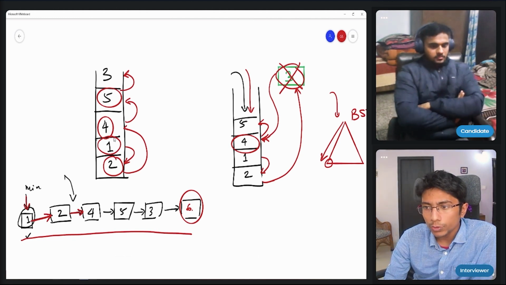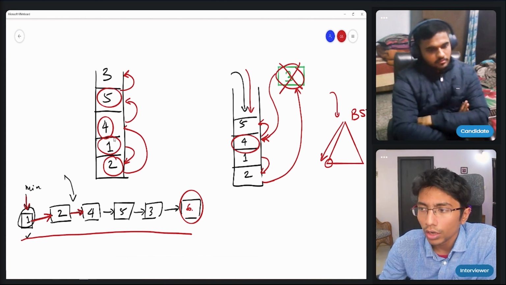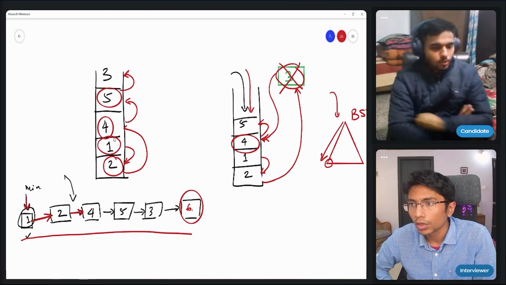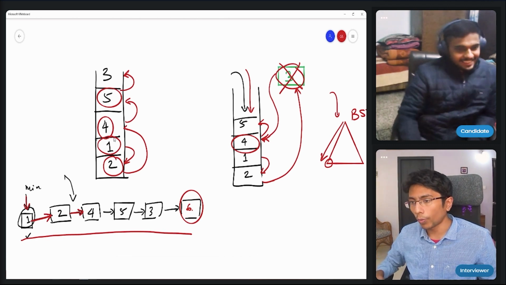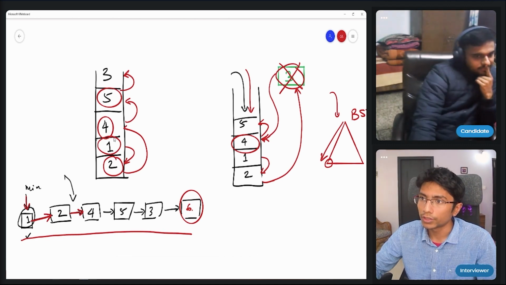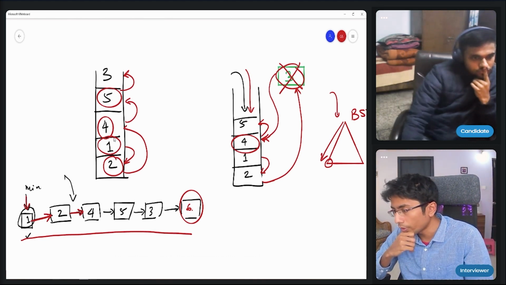When you say no auxiliary space, do you mean that the element should not contain a pointer, or you don't want an additional data structure? Through pointers we can see that it is very much used. Without pointers would be ideal. Because I need order in pointers, auxiliary space is required. Okay, let me see order 1 auxiliary space.